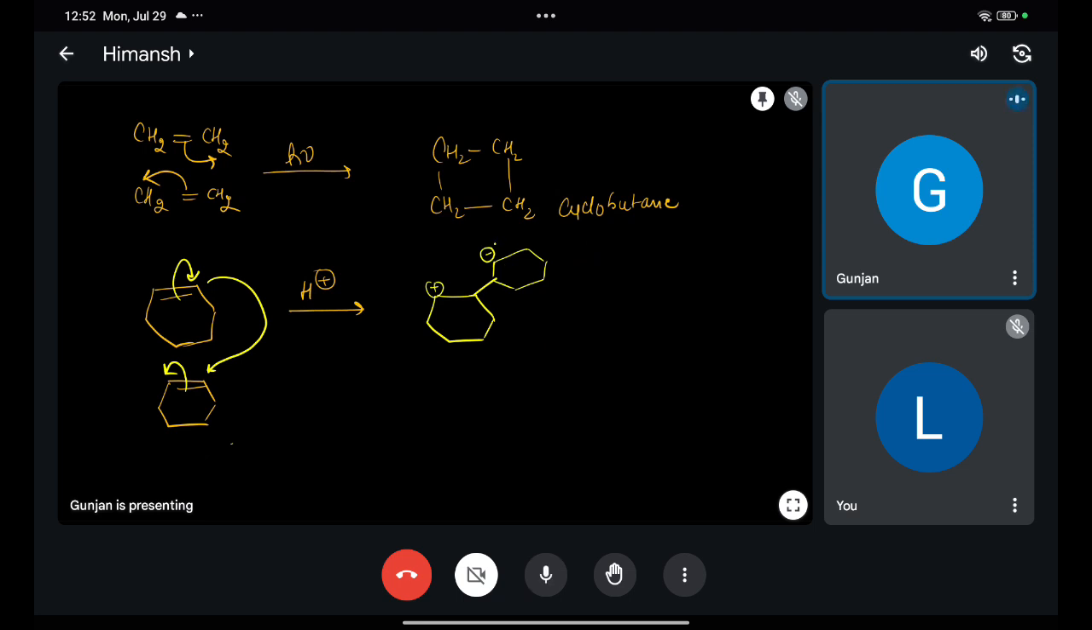Correct, na, Himansh? I mean, out of these two molecules, the bond shifts and the bond between them will be formed. It's positive and negative. Here, H positive. But as I told you, whenever we are having a carbocation, there is a possibility of rearrangement. So this is a 2 degree carbocation. If I do that 1,2 hydride shift, so at that time